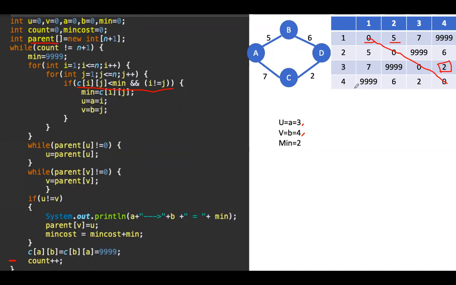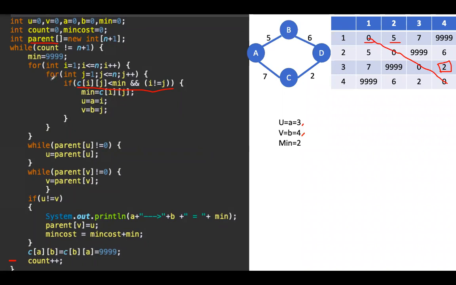After getting 2 also, it will scan the next row as well. In the next row, there are no elements less than 2. So this is the final value which we have got after iterating the first time through these 2 for loops.